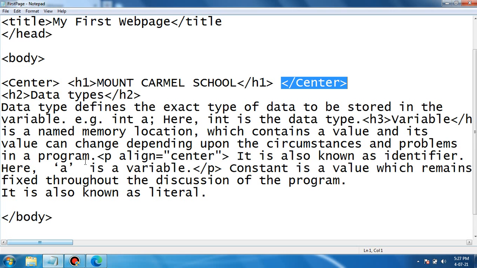So next tag is BR tag. BR tag is an empty tag. It is used to break the line, okay. Now let us suppose if I want to break this line, okay,